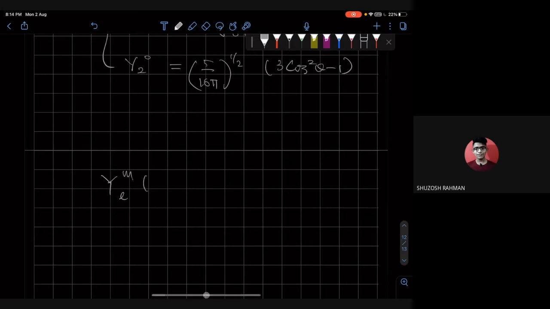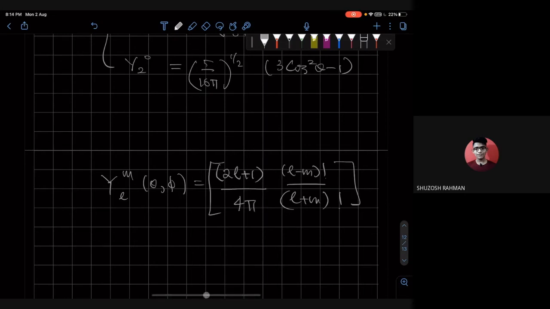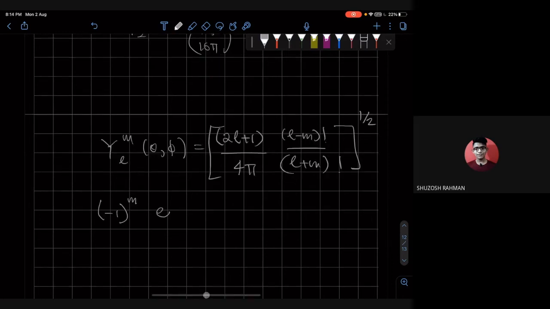So this is a more general formula. The constant is 2L plus 1 times L minus M factorial over L plus M factorial. If you were to memorize one formula, it should be this, 4 pi, and the whole thing is square rooted, and then we have minus 1 to the power M, e to the power i M phi,